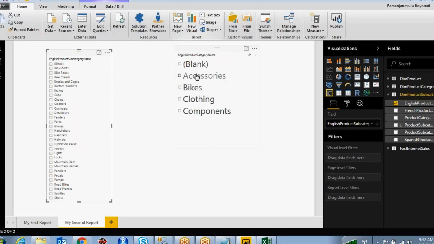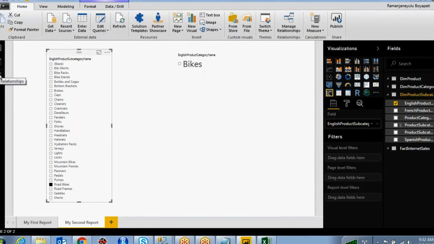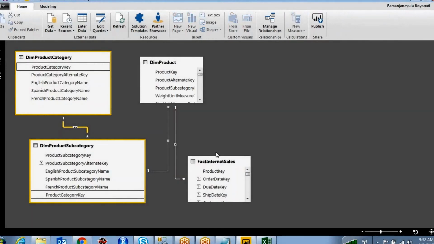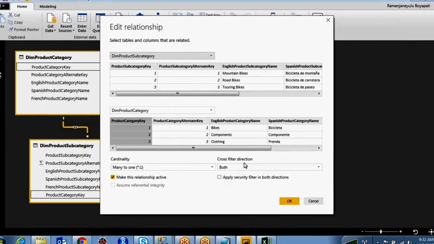Earlier, when you selected a category, it would filter the subcategory. Now I am going to select the subcategory. See, it is filtering the category as well. Got it? What is bidirectional? Cross filter in both directions. So if you want the filter in both directions, you can select the cross filter direction as both.